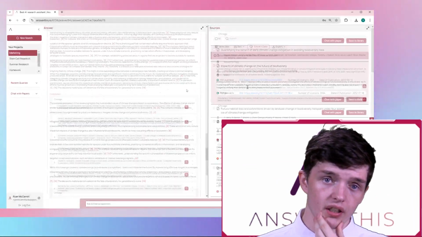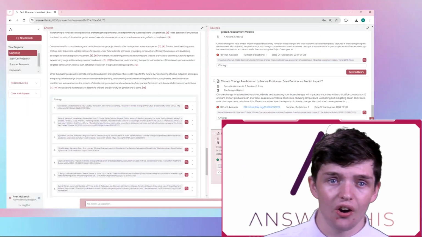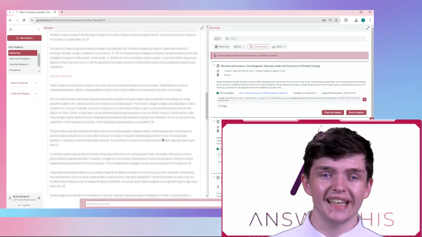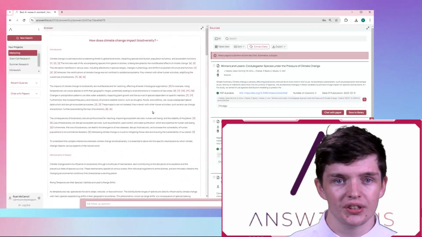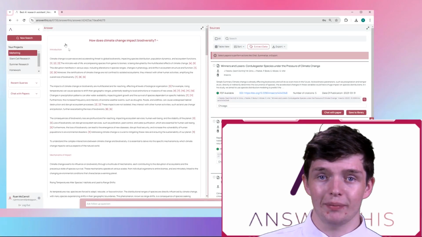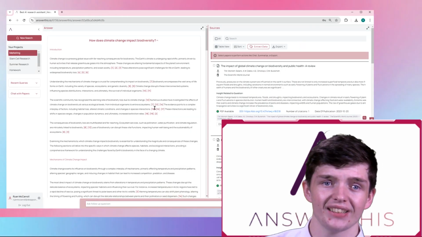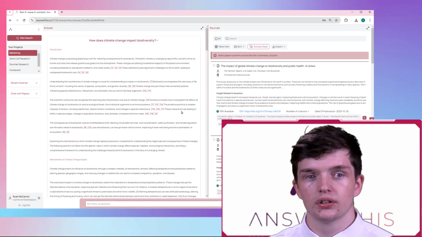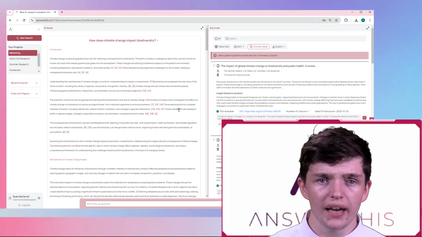Oh my goodness, look at how in depth this answer is. Look at all these sources, and the research paper version is going to have an even greater amount of sources. This is why I'm proud to be a pro user. Look at the size of this research paper. Oh my goodness. I want to go back into the literature review section again, but before I do that,